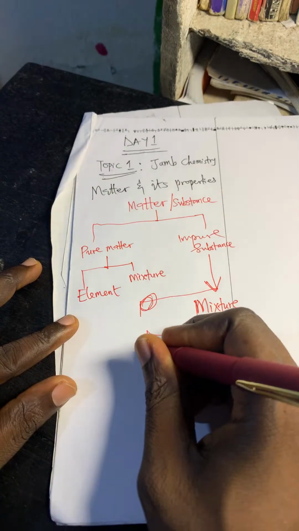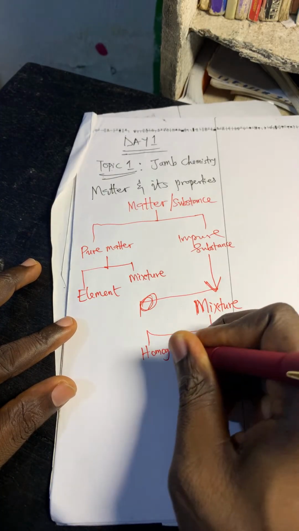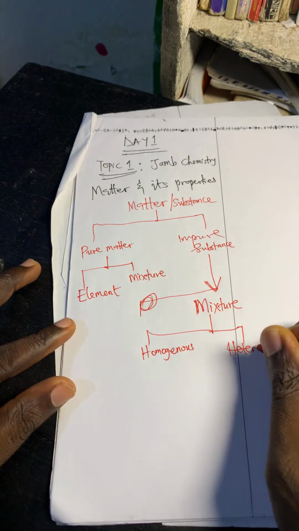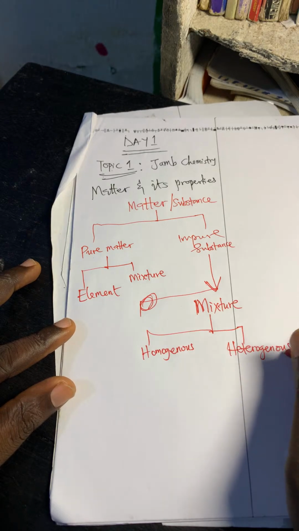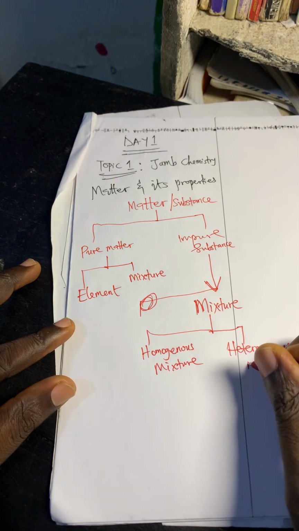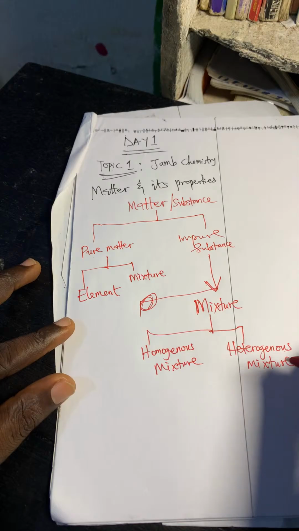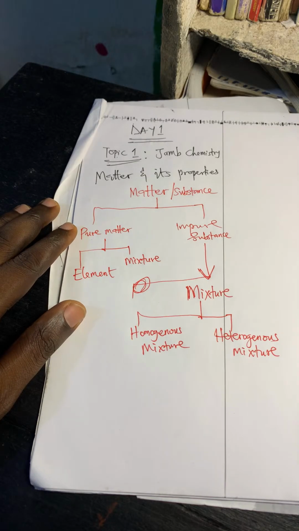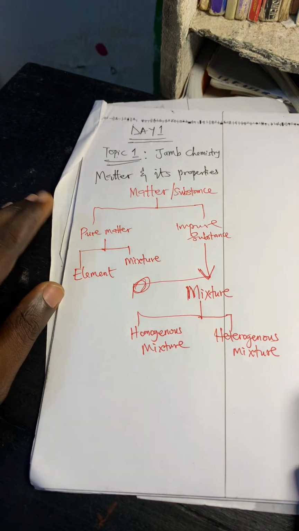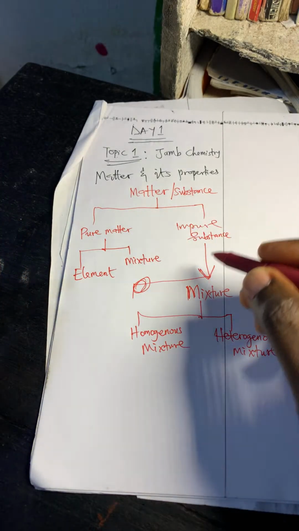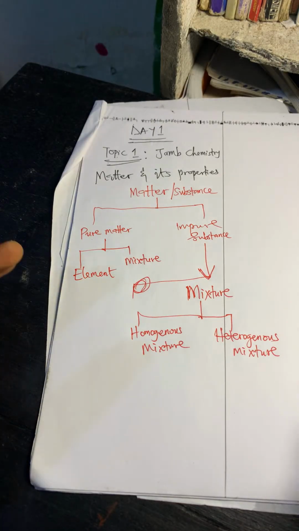Then mixture can be split into homogeneous mixture, and also what we call heterogeneous mixture. This is homogeneous mixture. And this one is what? Heterogeneous mixture. If you pay attention, I promise you that everything that you need to know. Just like when we say pure matter, those are the ones that have definite composition and of course distinct properties. We are going to talk about that anyway. Of course, when we talk about impure, which is your mixture, you already know how it is being gotten.